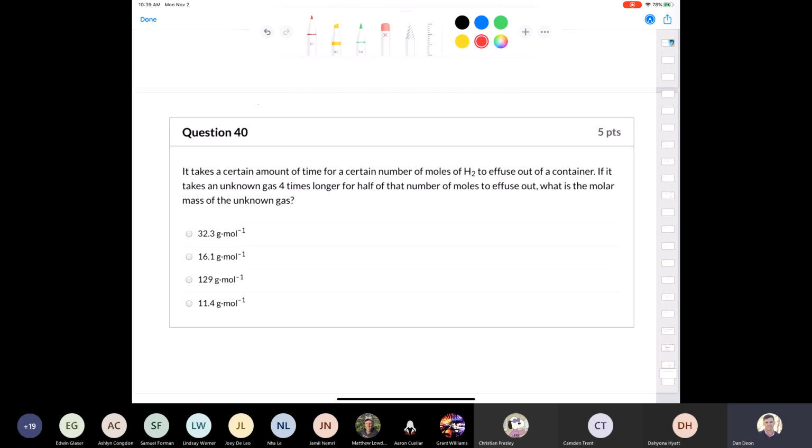Well, for this, we're going to use Graham's law of effusion, which is the rate of the first over the rate of the second is equal to the inverse of the square root of their molar masses, MM2 over MM1. This formula is provided on your sheet. Let me double check to make sure I'm not misspeaking. Yes, this formula is provided. And so we're comparing hydrogen, which has a molar mass of about 2 grams per mole. I'll just shorten it to make this question short and sweet. What are we doing here? Right? We're saying that